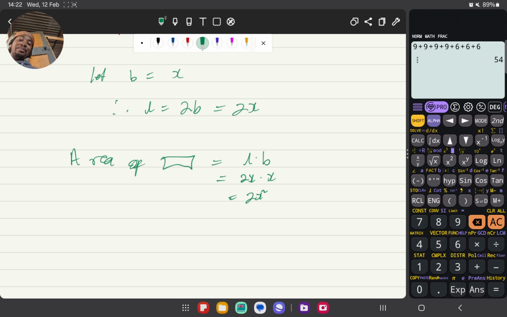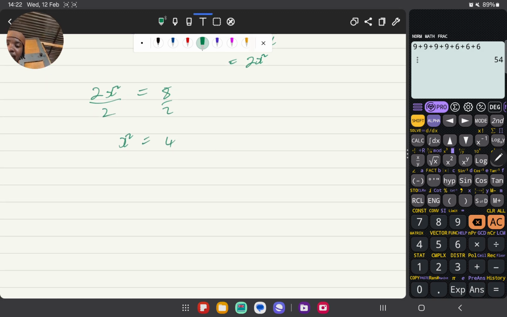And I know that my area of a rectangle is equal to 8 meters squared. So I say 2x squared has to be equal to 8 meters squared. So I can get rid of this meter for now, divide by 2. I end up having x squared equals 4. Now I put a square root on both sides. Here it's plus or minus. So that means x is equal to plus or minus